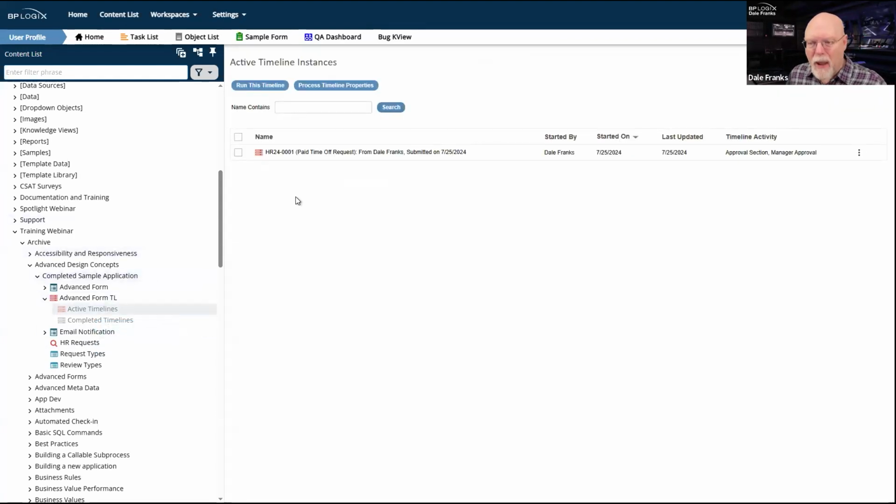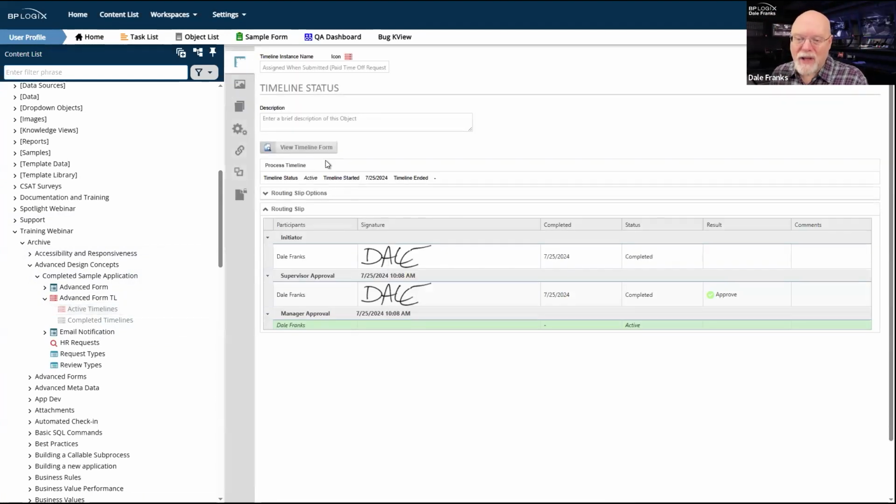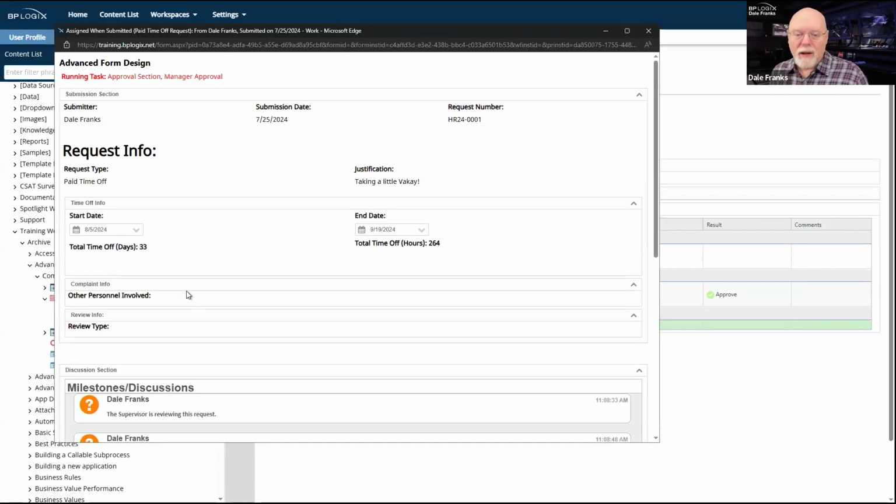The form, however, can be trickier because, as I said, the form might be set up so that it's just not editable if you are not either the submitter on new form instance or one of the actual approvers who's a participant in the approval task for that activity. Otherwise, that form is going to be not editable, which means that even you, as an administrator, will probably not be able to edit that form as is. Sure, you can view it, but what you're going to view is something like this.